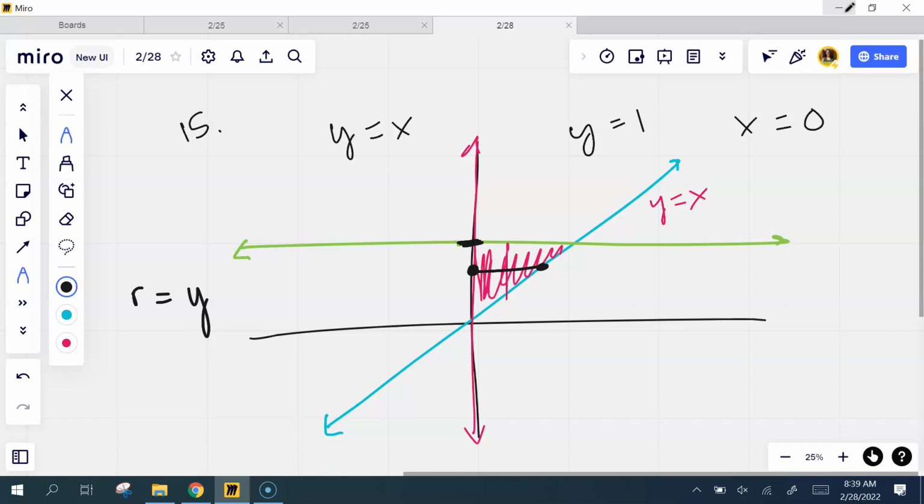This is y equals 1. So the radius is y, so the area is y squared, so the volume would be pi times the integral from 0 to 1 of